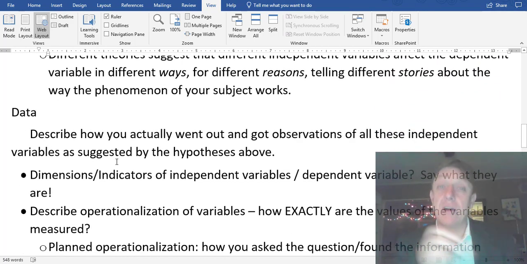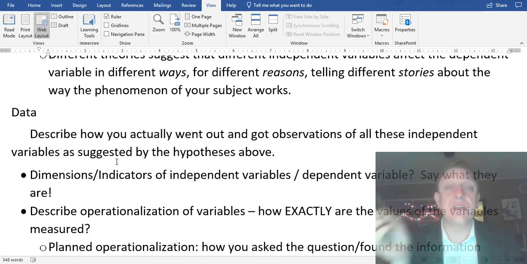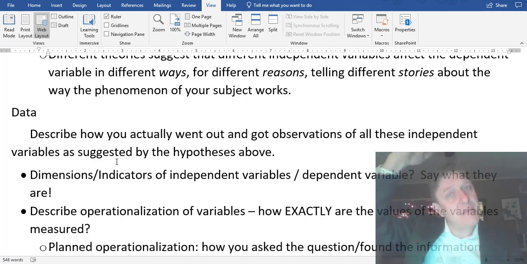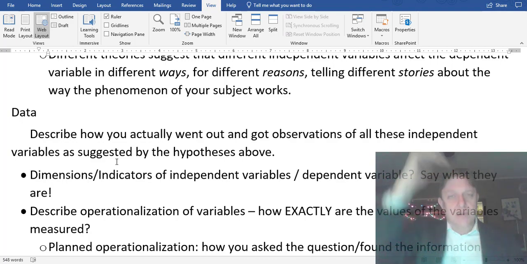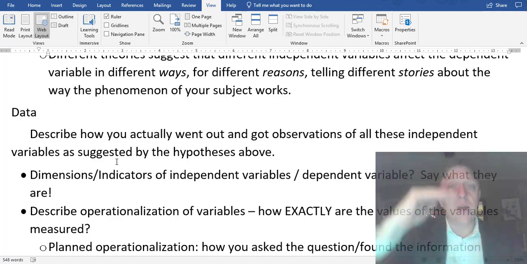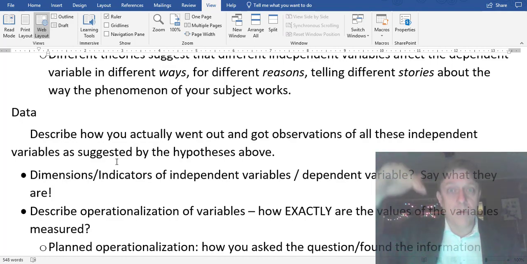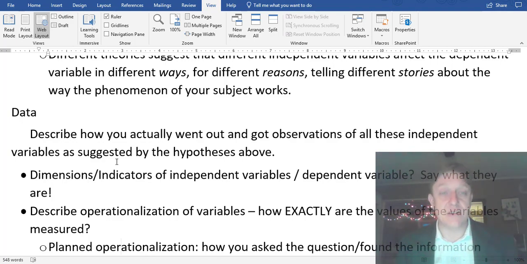So in the data, describe how you actually went out and got the observations of all these independent variables and your dependent variable that are suggested by the hypotheses above. The literature review and the variables in the literature that you review should inform what variables you use in your data section. You should conceptualize those variables,